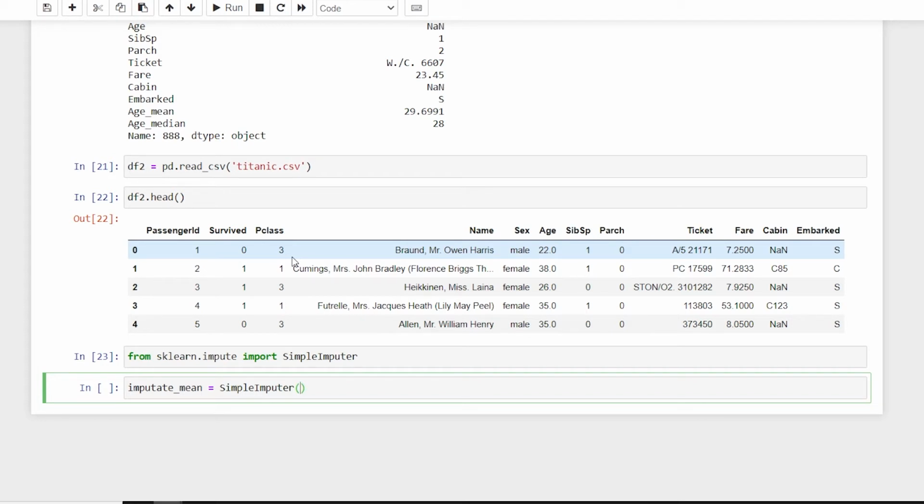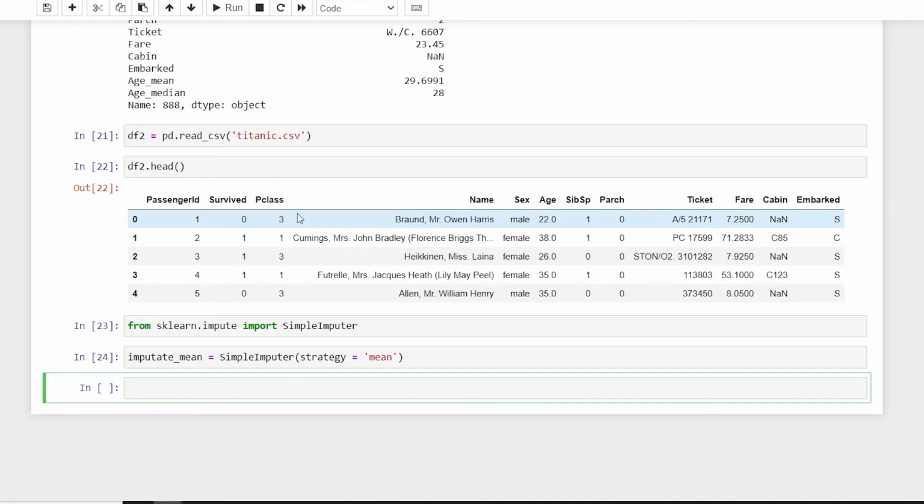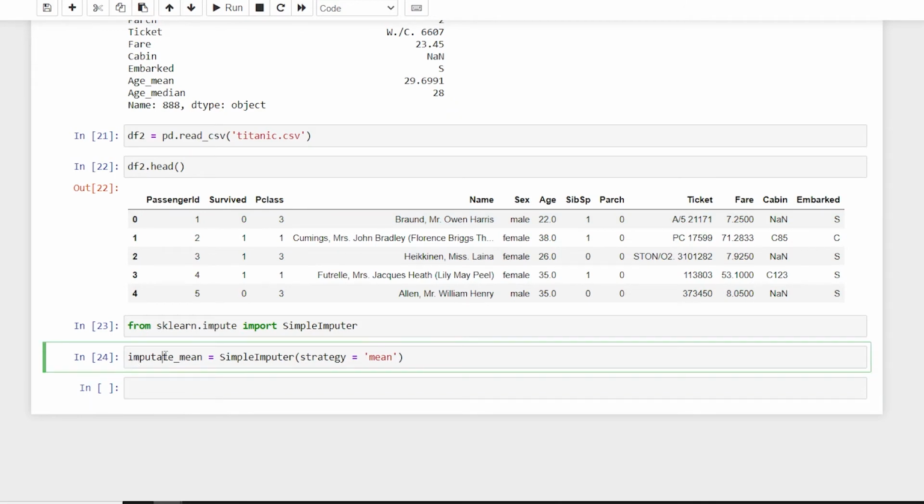There are a couple of things if we check on that. Here you can specify which particular mode you want to use, whether you want to use mean or median and whatnot. It is known as strategy, and here I'll say mean, because we want just impute mean.